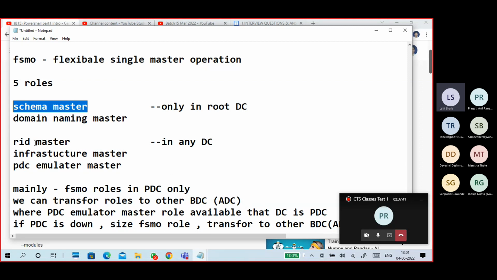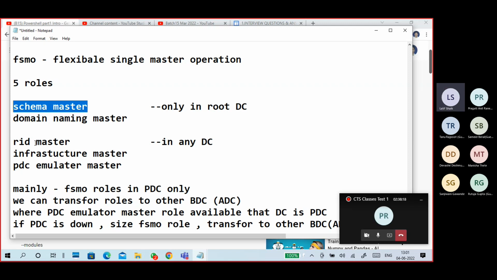RID master. When you create an object, each object gets a SID, right? The security identifier has a RID, the relative identifier. When any object is created, like an OU, a group, a user, or a computer, the RID master gives the RID to the SID.